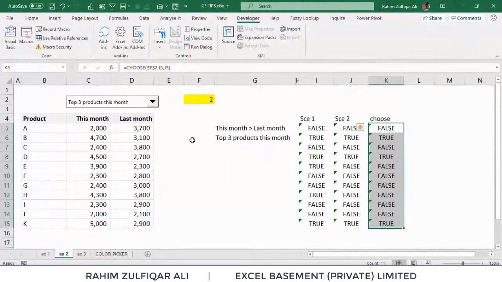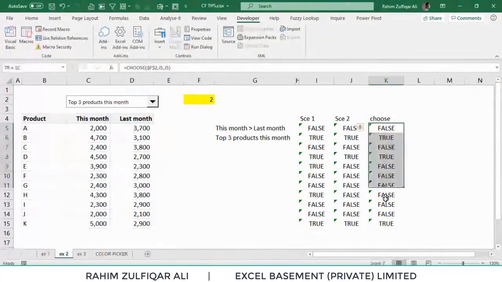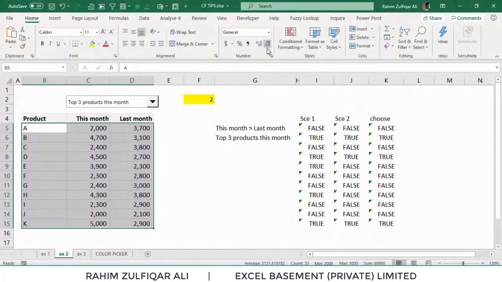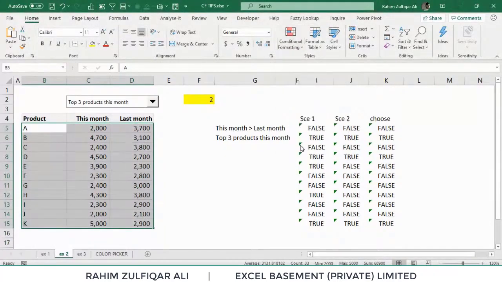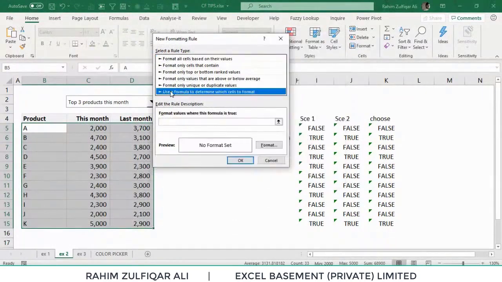Now the last part is that we need to practically implement this situation in the conditional formatting. We will select this entire data, go to the home tab, conditional formatting, and write a new rule. The last option is use a formula to determine which cells to format.